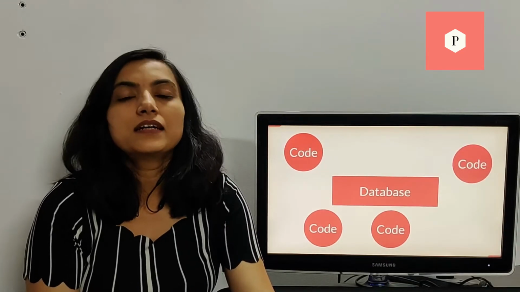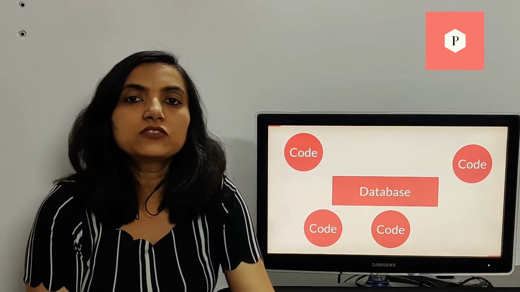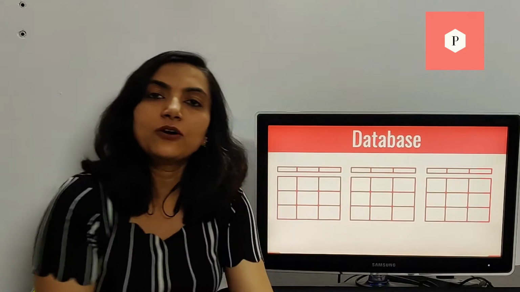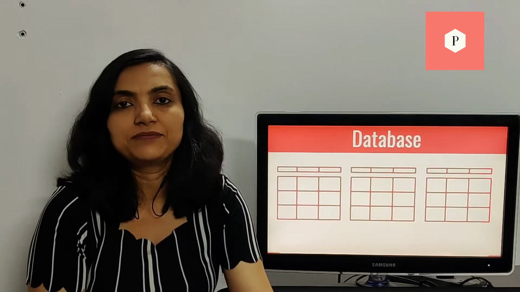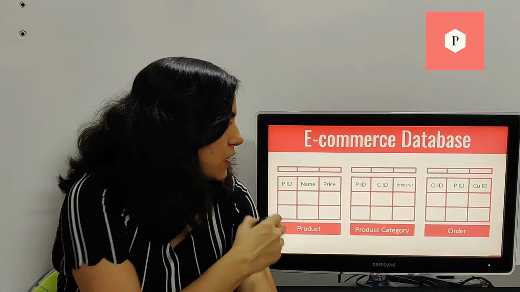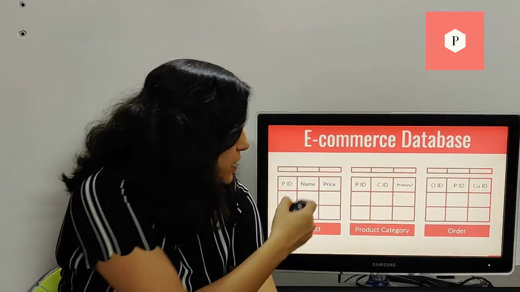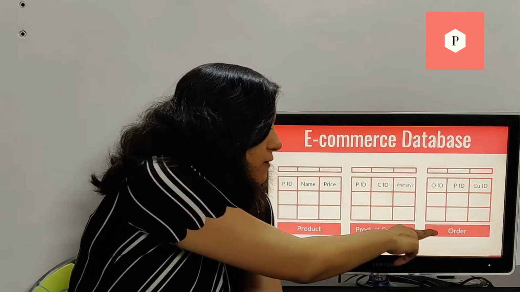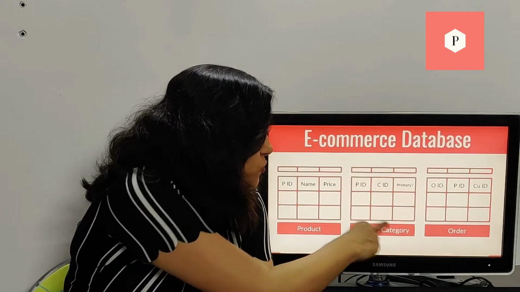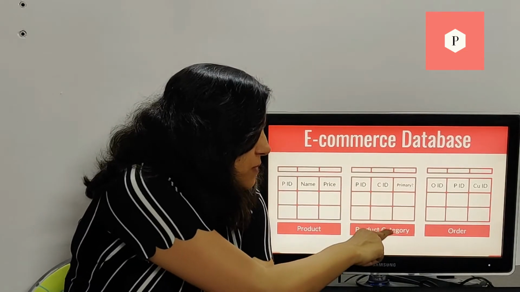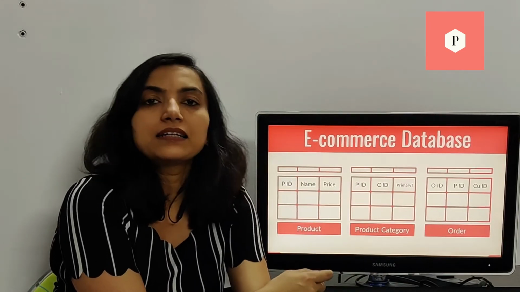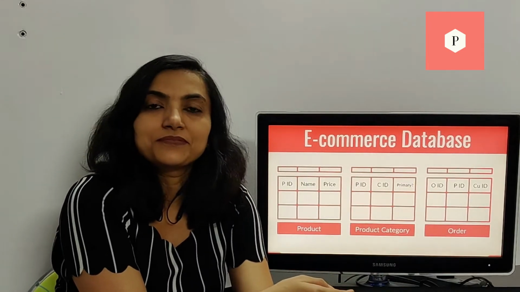In most cases, database is of a kind that is called relational database, and it can be thought of in terms of a collection of tables containing information. So, a simplified e-commerce database would look something like this. It will have a table for product, it will have a table for order, it will have a table that maps products to various categories. You can also imagine a separate table that contains category information and yet another table that contains customer information.